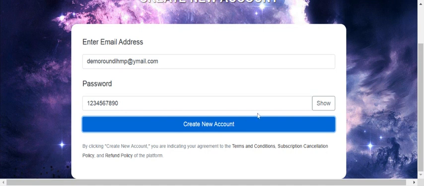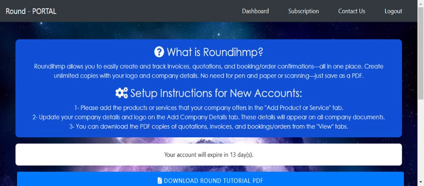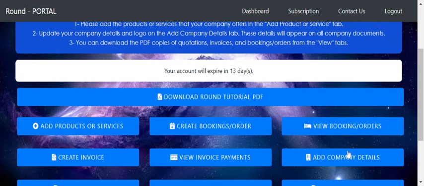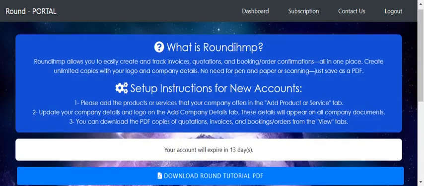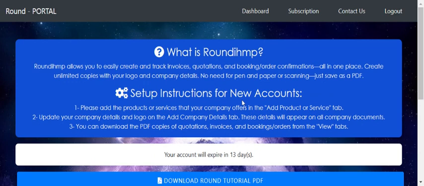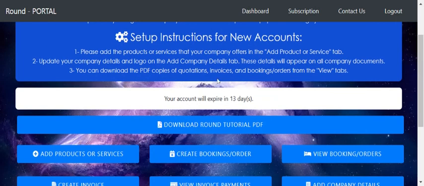So Round is a great tool for you to be able to digitalize your document creation. So the first thing that you see is the dashboard. This is where everything is going to be happening. As you can see, this tells you what Round is and the setup instructions for new accounts: first you have to add products and services, and then you add your company details. Afterwards, when you create your documents, you can download the PDF with the company details that